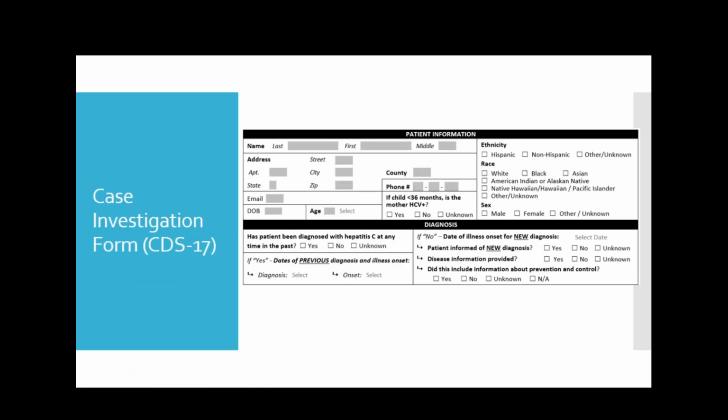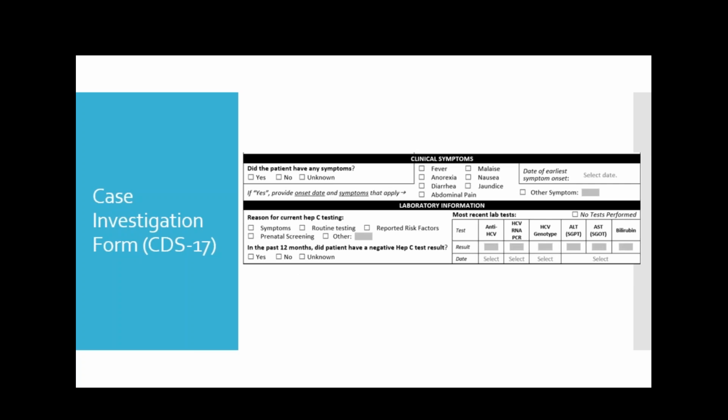So I'm going to talk about this form a little bit more, and so it's broken down. First, we will look at the top portion: patient information and diagnosis. So as discussed before, we really want to improve on surveillance efforts. And so we want to make a better effort at retrieving information such as ethnicity and race. And so it's very important to look at this investigation form and try to capture this information, as well as diagnosis. Was the patient diagnosed before? And if so, what was the date of diagnosis?